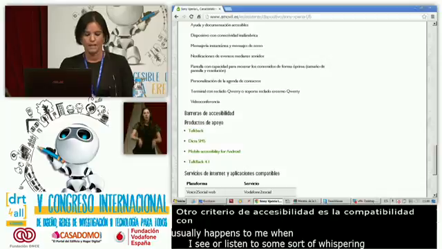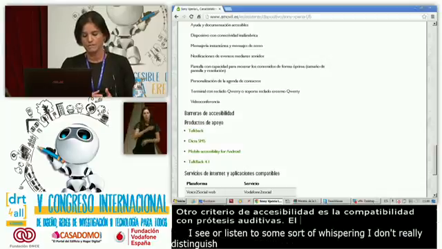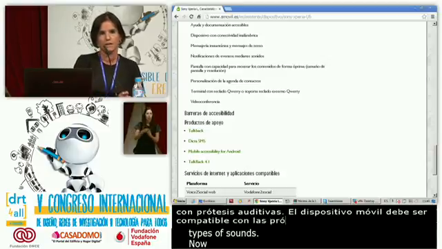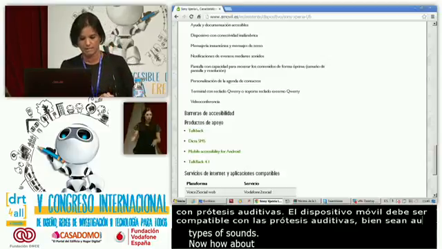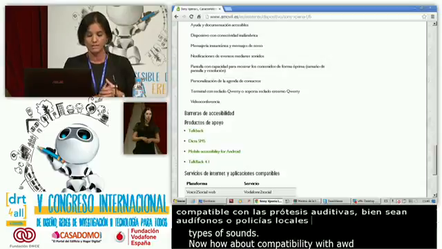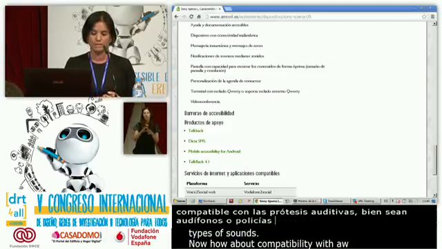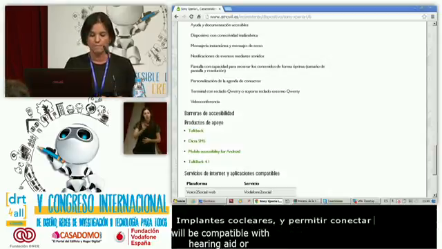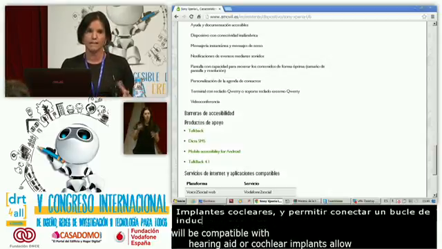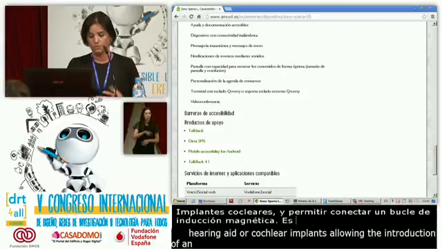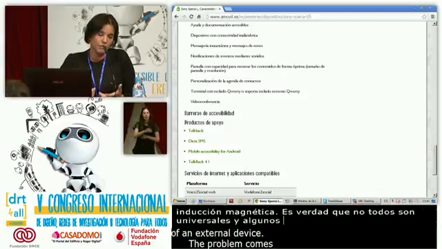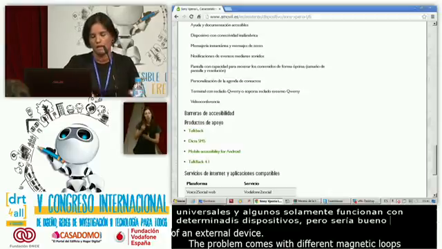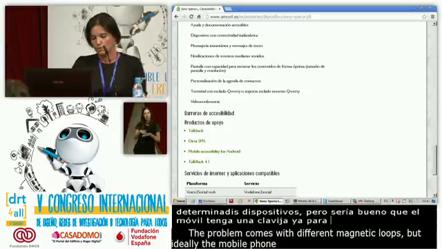Now, how about compatibility with auditive prostheses? These mobile devices shall be compatible with hearing aids or cochlear implants, allowing the introduction of an external device. The problem comes with different magnetic loops, but ideally the mobile phones should have a jack entry in order to